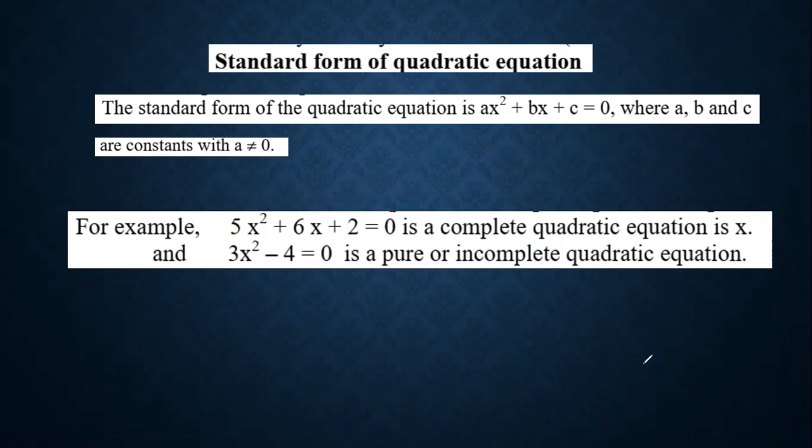Is there any incomplete one? Yes. When we compare this equation with the standard form, the highest power is 2, so it is quadratic. But now check whether it is complete or not. The square term and the constant term are there, but the x term is missing here. So this is a quadratic equation, but incomplete. Still, it is a quadratic. If someone asks you whether this is quadratic or not, it is quadratic. Okay.